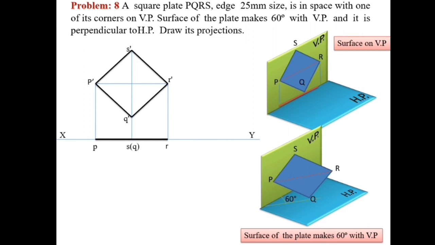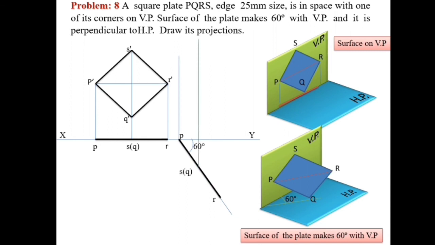So this is the top view as a straight line, and next you know that it is inclined 60 degrees to VP. So you take a 60 degree angle of inclination below the XY reference line. On the same 60 degree inclination line you copy our PR line. Measure the distance from P to R. That same distance will be drawn on the 60 degree inclination line.